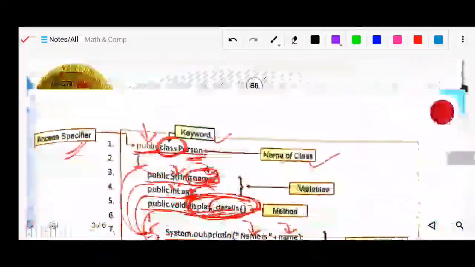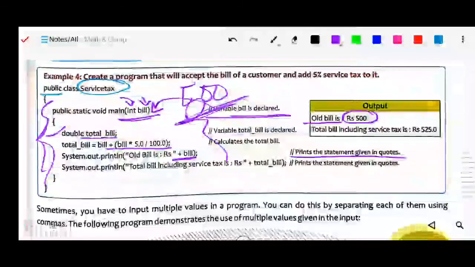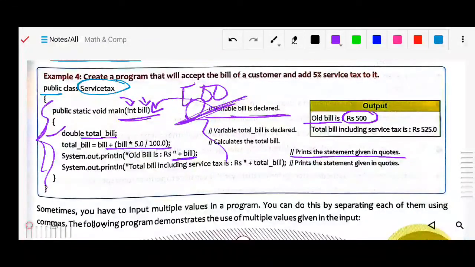But in this program, after it compiles, it will ask what the value of bill is, because the calculation is based on this bill. So that will be asked after compilation, and you have to input it.